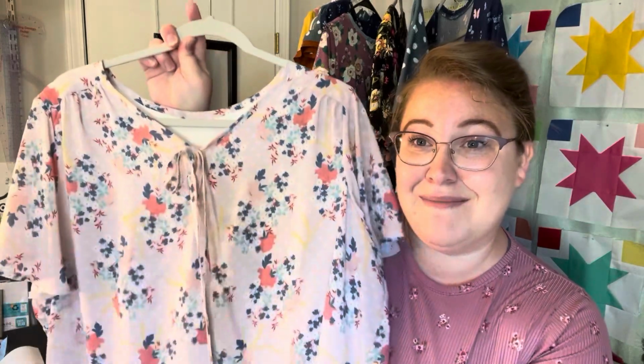I went with the flutter sleeve option. Again, flutter sleeves are just my thing. And then for the bias binding, I actually used the pattern piece from my Friday Pattern Company's Sagebrush top. I just really wanted a pattern piece for my bias binding, and so I went and stole that pattern piece, and I cut out 2 of those for my Rhapsody blouse and sewed them together and made this bias binding,